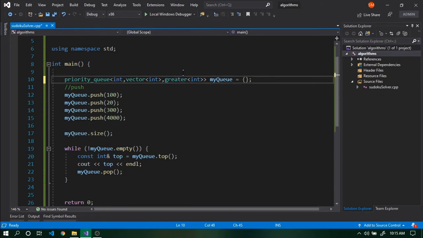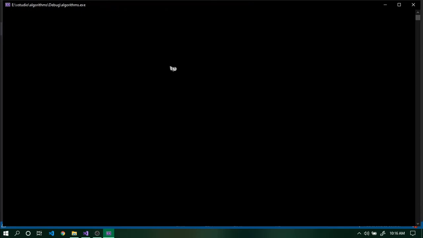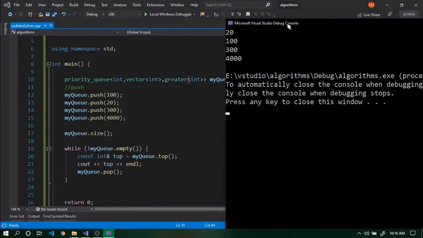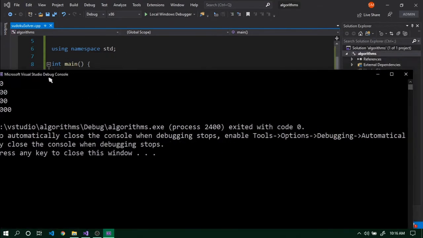Now if you have gone through my first algorithm series video, you will understand what greater is. It's simply a functor that does the job for you, but we can also define a custom function. As you can see, it's now getting prioritized in greater order. So the least value is first, and the greatest value is last.